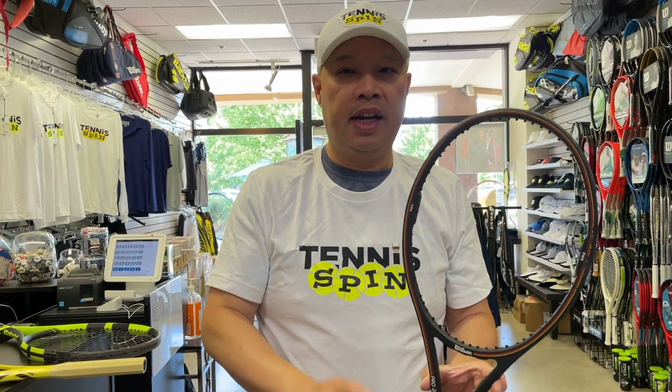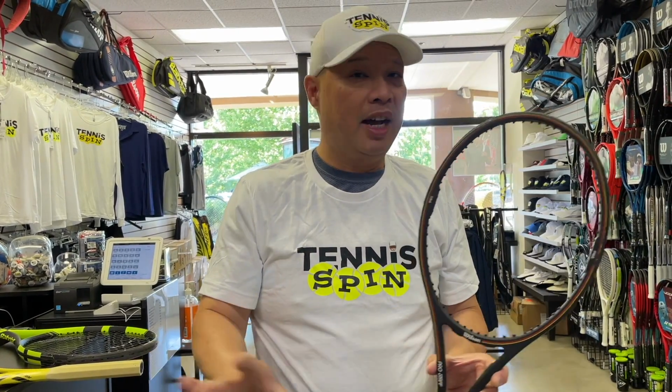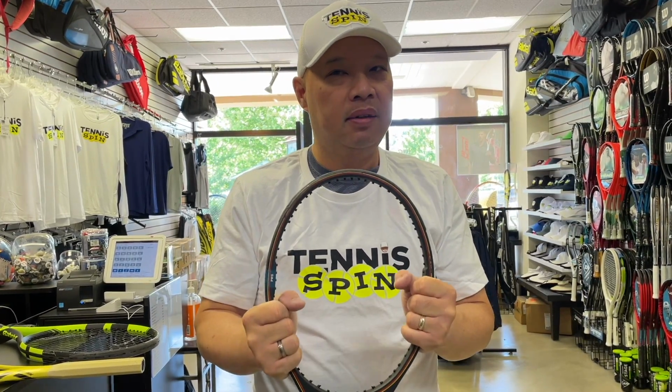So people like to bring me head guards thinking they know what they got, whether it be these or even Arrows and Pure Drives, not knowing what they bought. They're very, very specific most of the time, and they're not universally fitting. I mean, if you're off like a millimeter or 2, it won't go in. So if you're changing head guards, make sure you get the right one, because if it's not it ain't going